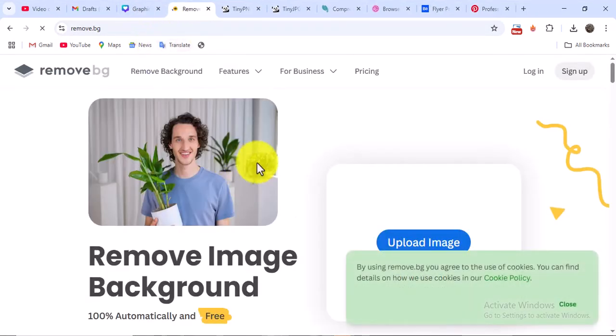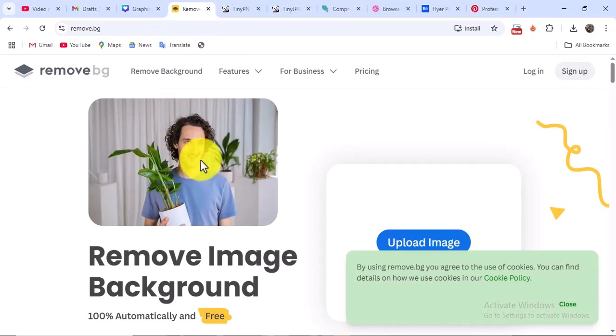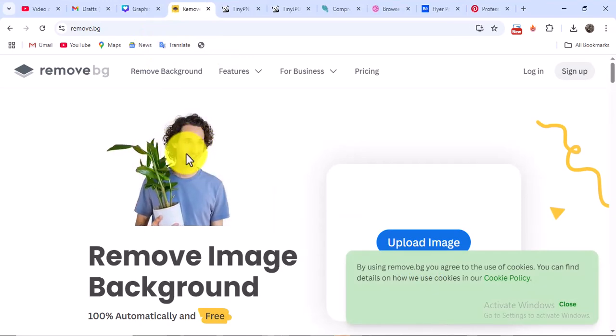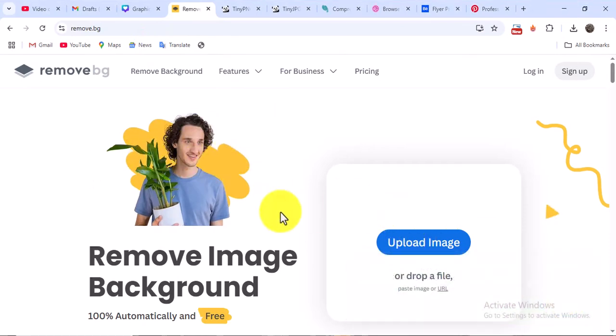So this will show you a brief illustration of what you can do. Can you see it? You can remove the background and even add small designs. Well, I don't add designs, I only remove background images. But if you like, you can add this kind of design here. How do you do that? Come here, click on upload image